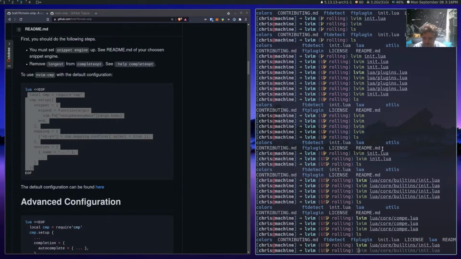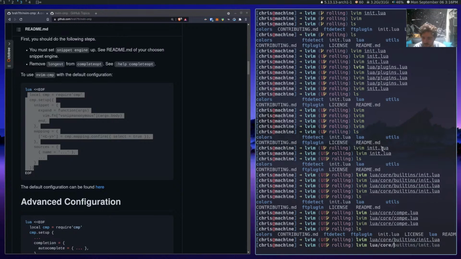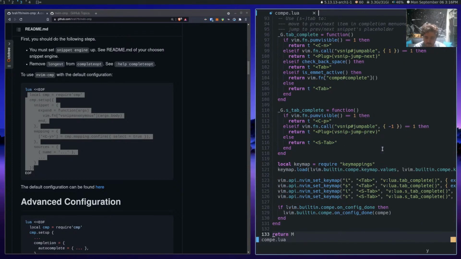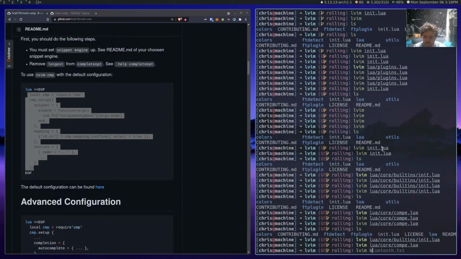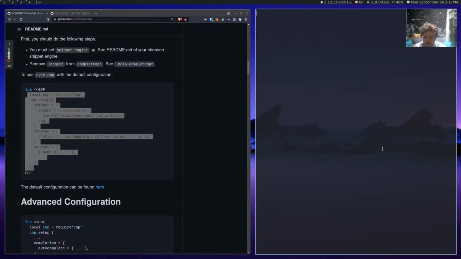All right, let's do Lua core built-ins, not built-ins. It should just be under Compe. Lua core built-ins, init.lua.